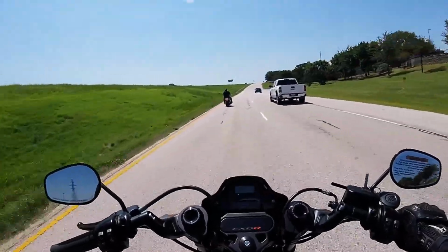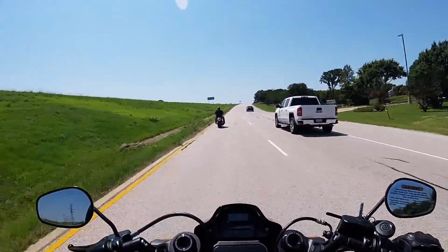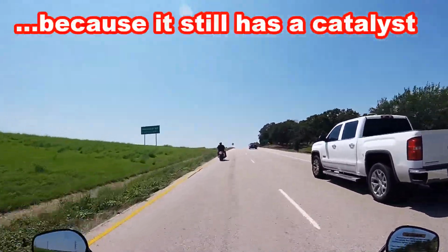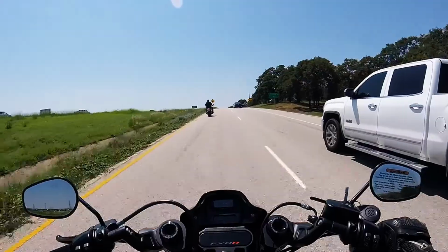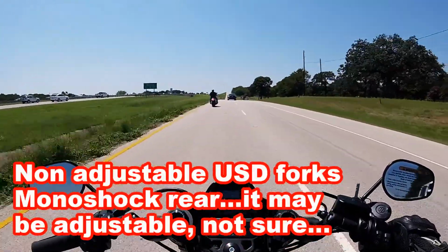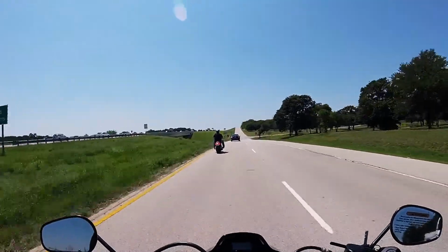So honestly, as a cruiser bike, this bike makes decent power. It feels comfortable. It's not obnoxiously loud. It's actually got decent brakes, and it's got decent suspension. So I mean, I'm gonna give it a pretty solid review. It's a good bike. It is, however,